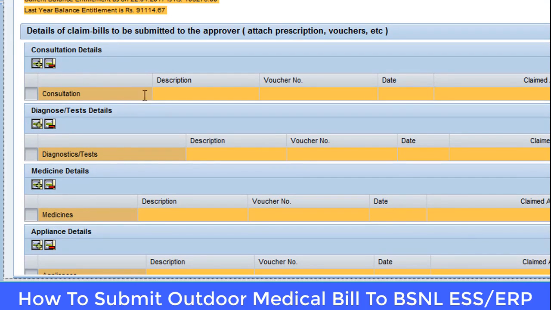The first field is already there, so you need not add it from here. If there are more than 2 consultations, then you will have to click on the plus sign and go further.